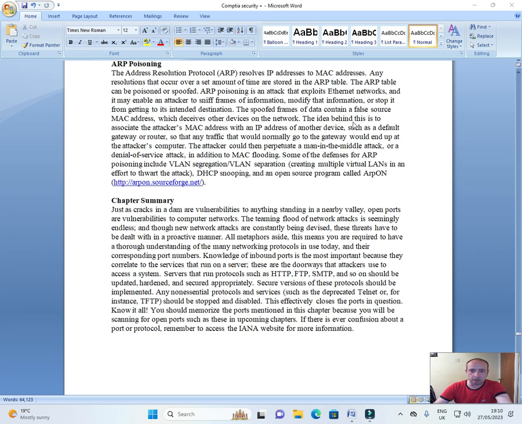The idea behind this is to associate the attacker's MAC address with the IP address of another device, such as a default gateway or router, so that any traffic that would normally go to the gateway would end up at the attacker's computer. The attacker could then perpetrate a man-in-the-middle attack or a denial of service attack in addition to